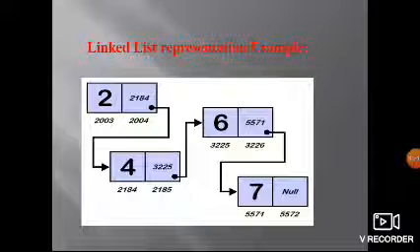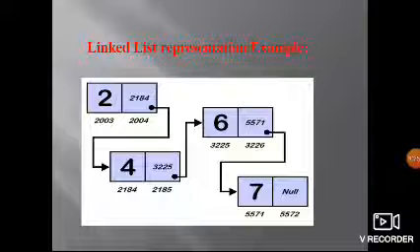So, the linked list. Here 2, 4, 6, 7 is the data, and for that we have the address also. The address 2418 is held in the address field and points to the first node. 2184 holds the address of the next node. 3225 holds the address of the second node. 5571 holds the address of the third node.